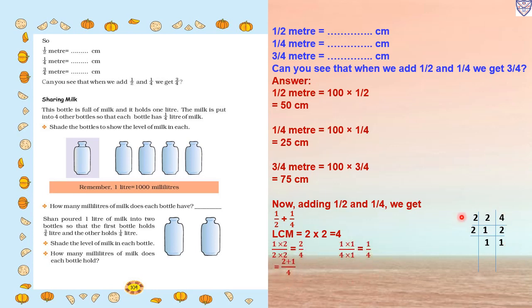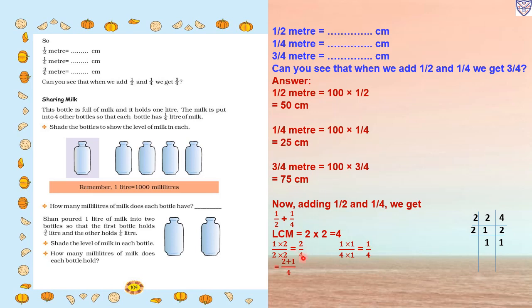Then we will make a denominator same. The first fraction is 1 upon 2. So we want denominator should be 4. So what we will multiply? 2. In numerator also same 2. So 1 twos are 2 and 2 twos are 4. And next fraction is 1 upon 4. Here already 4 is there. So we want denominator 4. So what we will multiply? 1. So 4 ones are 4. And numerator also same 1. So 1 one is 1.